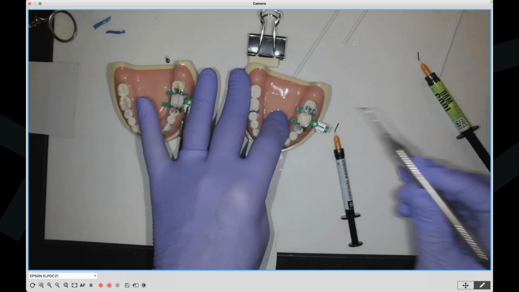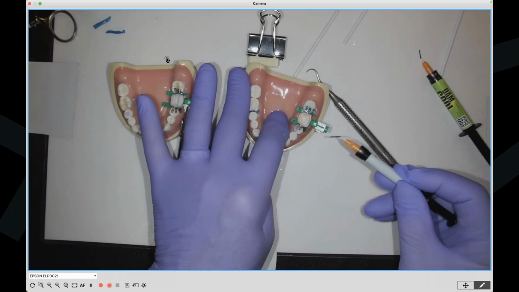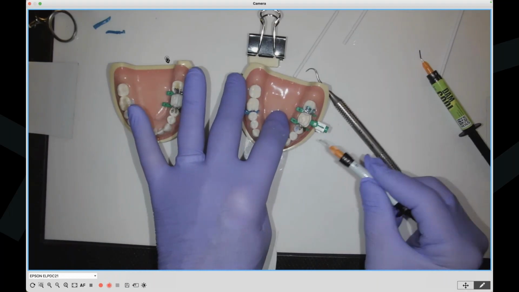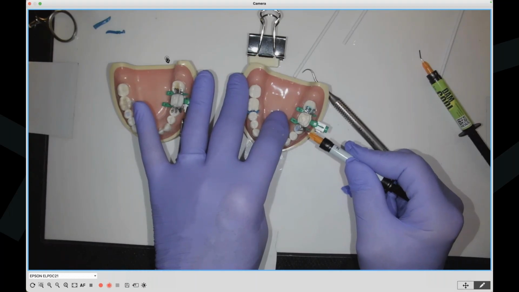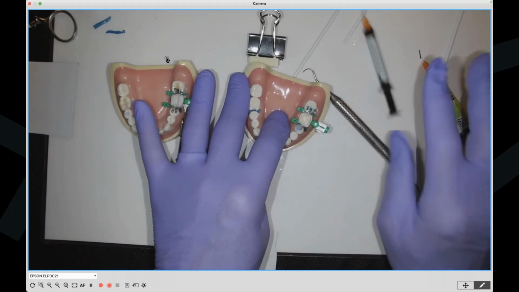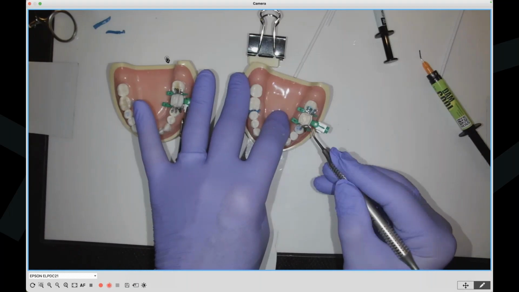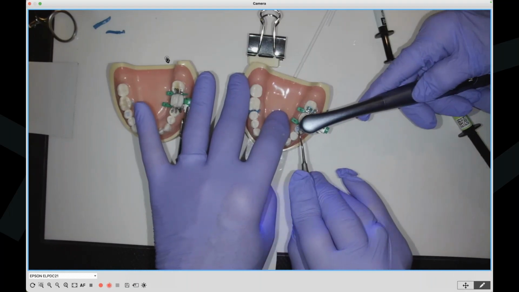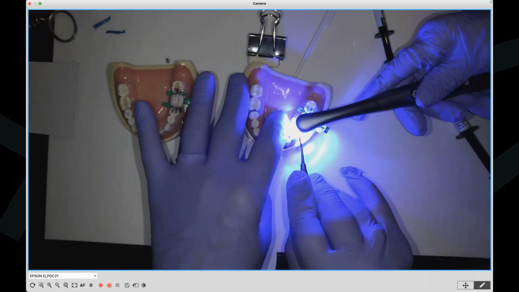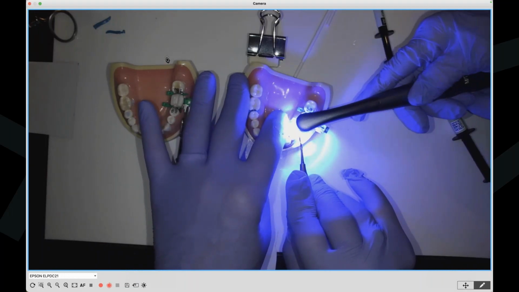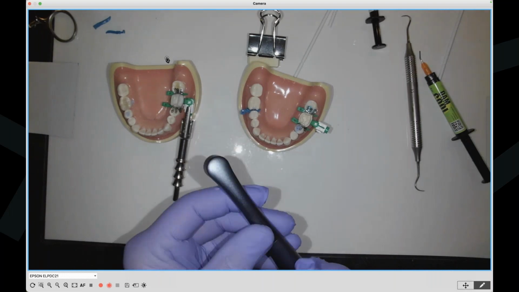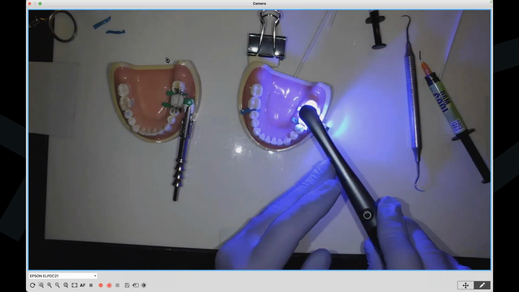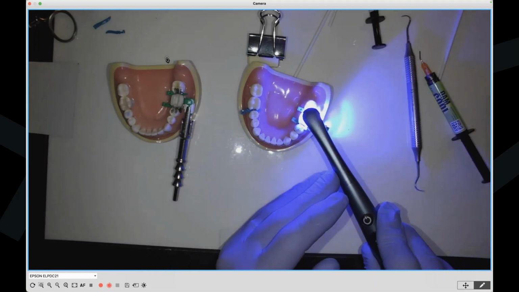Perfect. Okay, and then hit quickly. Perfect. Okay, now I need the bonding light, and I'll do it from this side and make sure that those are nice, firmly in place.